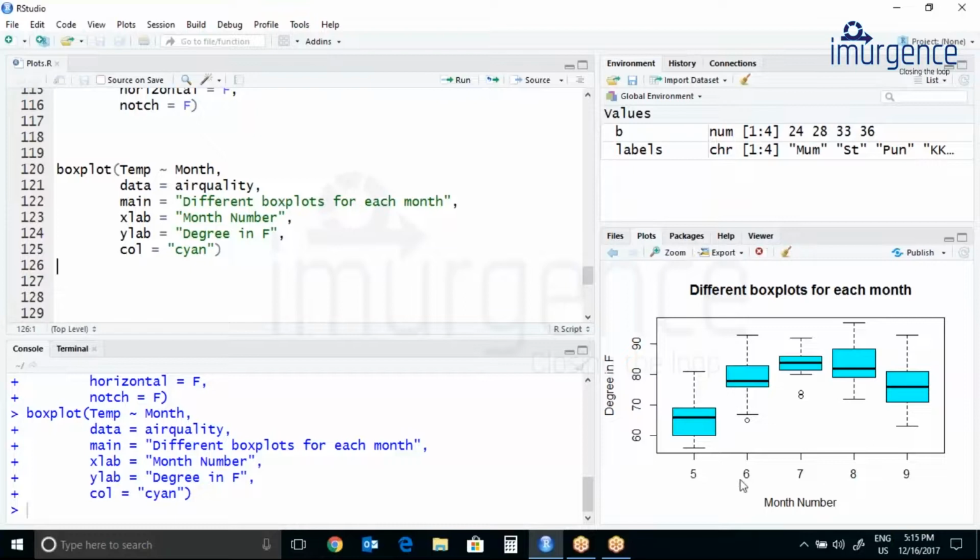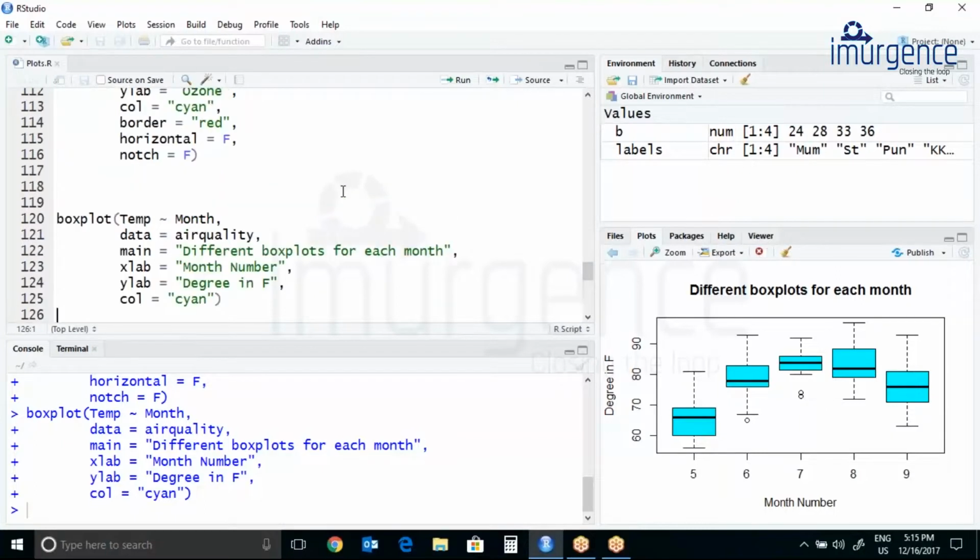So here we are getting the different plots showing degrees in Fahrenheit for different months. Here you can see the temperature is highest during the month of July. The temperature is lowest during the month of May, and in some of them you can see outliers in the lower whiskers also. So it may happen.